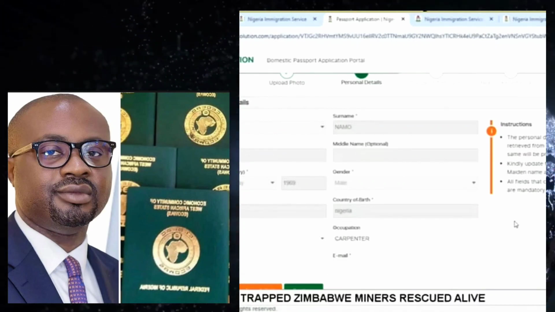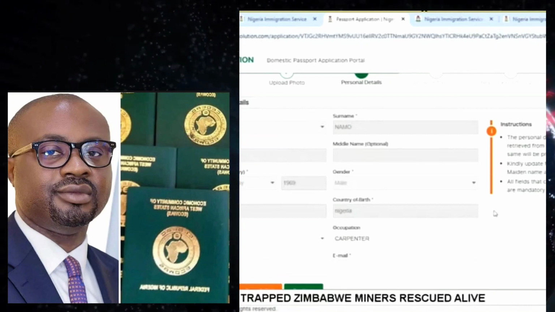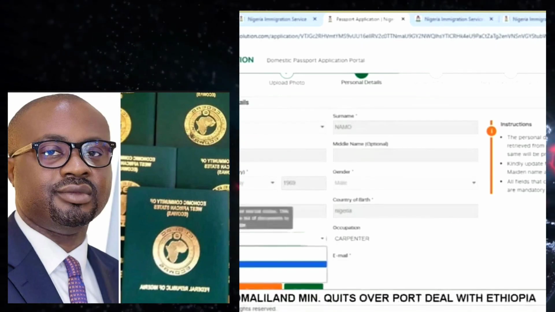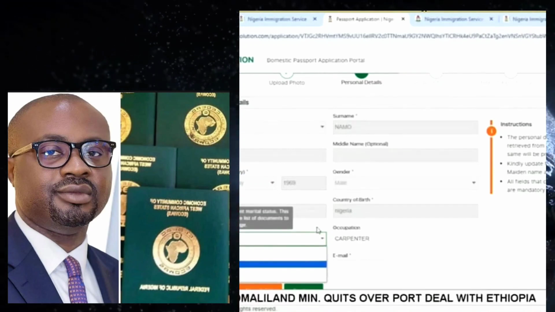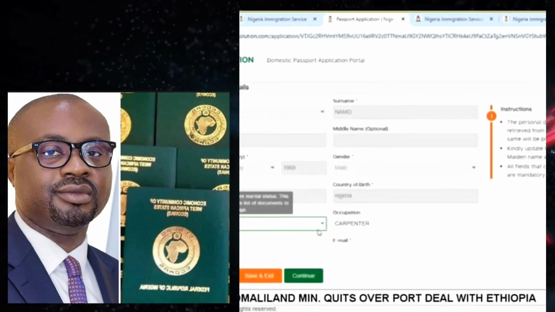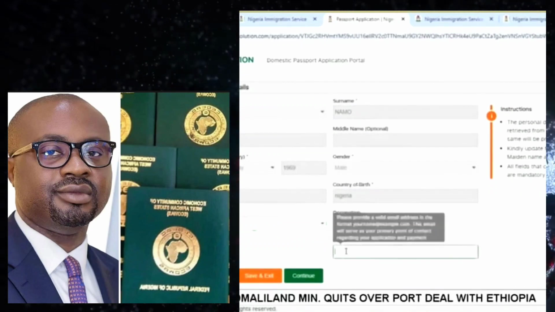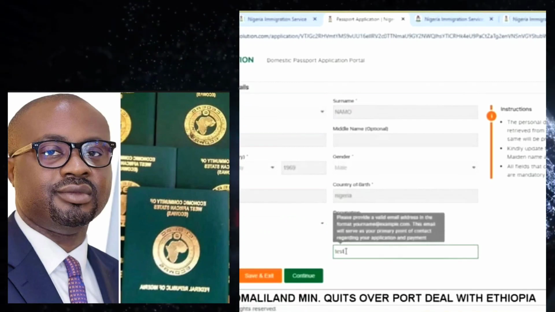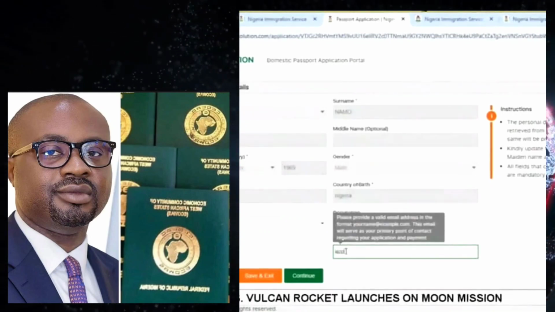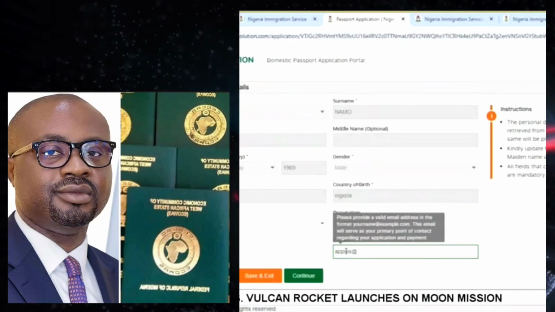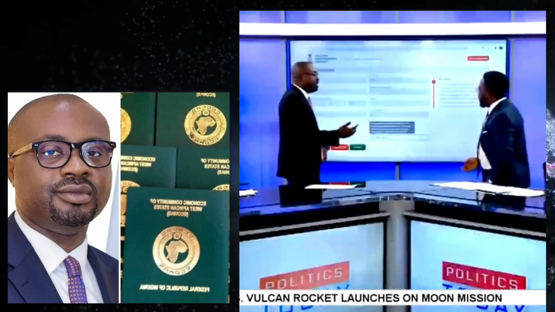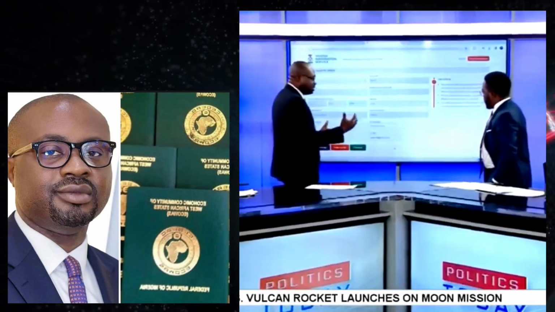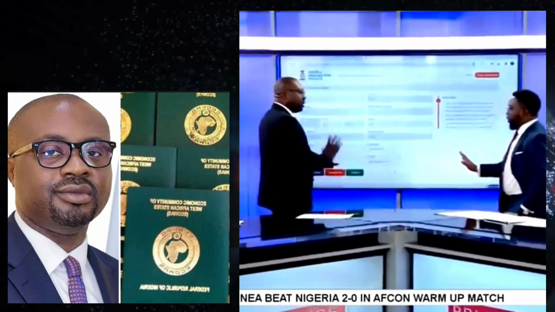There are some areas, for instance, marital status, that you can always adjust. Then, of course, occupation, your maiden name, which is optional, and email address. I put in my email address because the issue here is that if at any point in time your application has a problem, we send you an automated text message telling you to check your mail, that there is a problem. You check your mail immediately, and I send you a mail automatically.